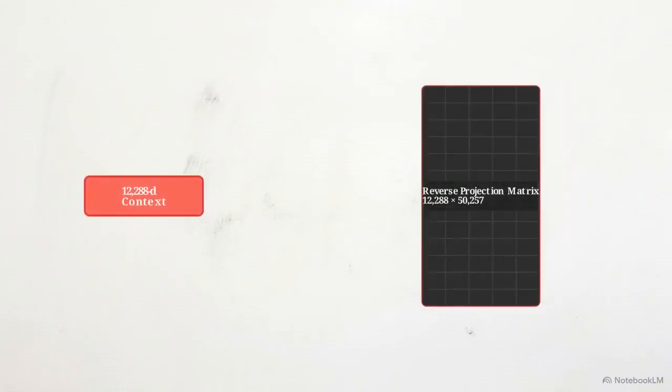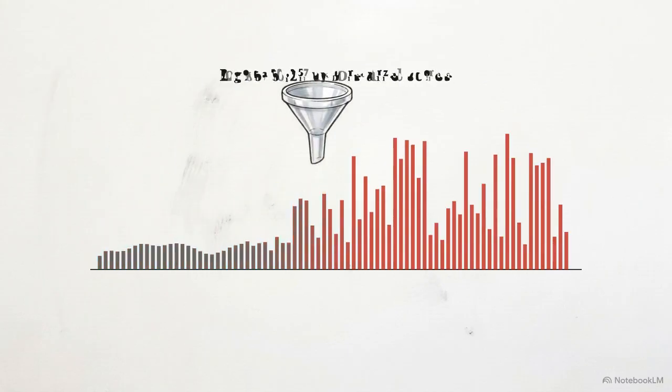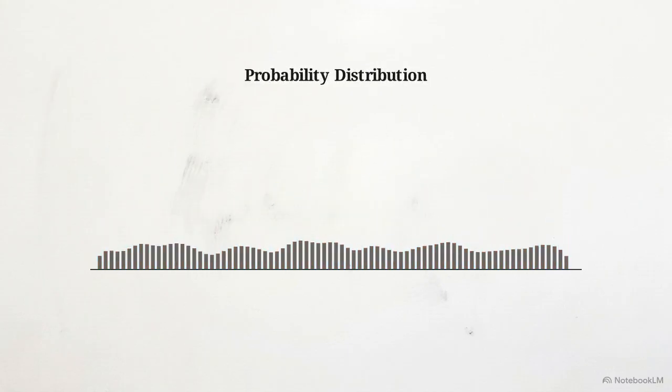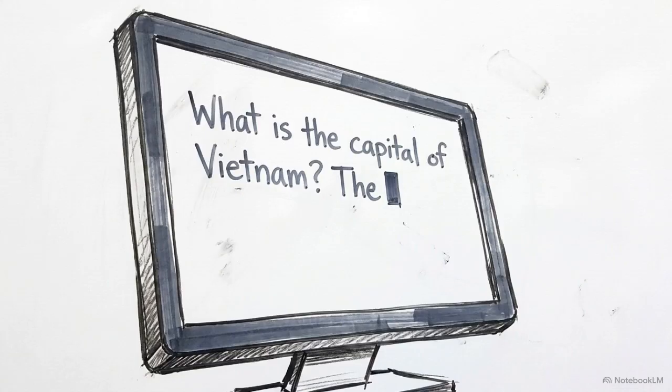A reverse projection matrix multiplies this vector against a grid that expands it to match the vocabulary size of 50,257. This collision produces a sprawling array of output scores. These scores, called logits, represent the model's mathematical confidence level. A final softmax sweep converts them into a probability distribution, where the word "the" spikes as the most likely candidate. The sampling algorithm then selects the token with the highest probability and pushes it to the user's interface. Through billions of localized calculations, the model completes its task. It predicts the single token that is statistically most likely to follow the prompt.